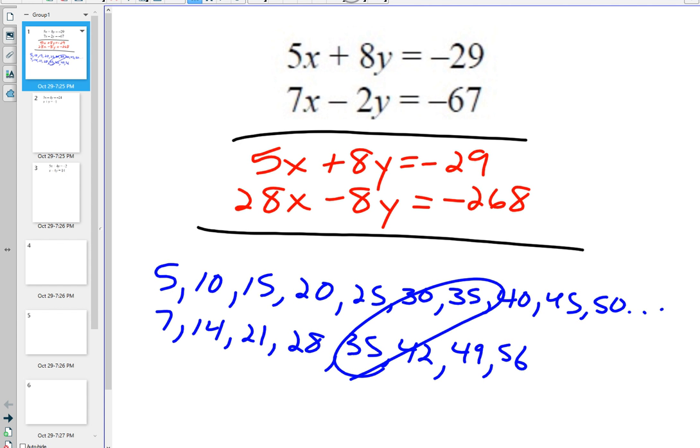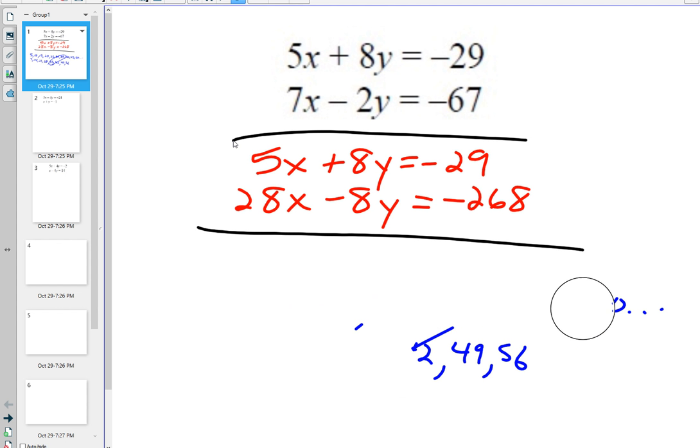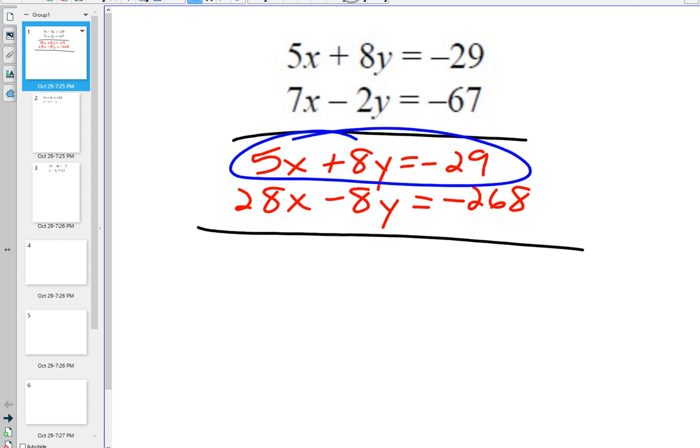Ugh, we don't like it. I could if I wanted to, but I'm not going to. Because the y's from the beginning were saying, ooh, eliminate me, eliminate me. Because if I count by 2s and count by 8s, what's the first number they have in common? 8. It is an 8. And since the top already has an 8, notice how I left the top equation exactly as is. And then in order to make the bottom 2 into an 8, and this is great, I love the fact that they're different signs because I need them to also have different signs. That's why I multiplied the entire bottom equation